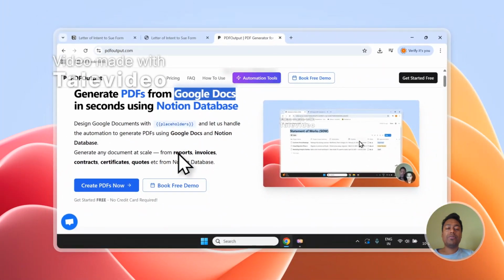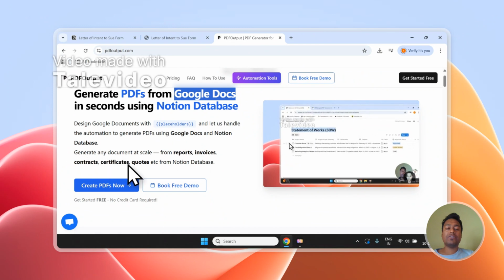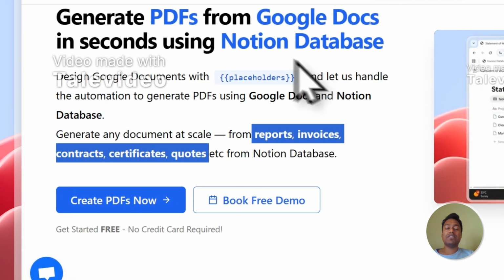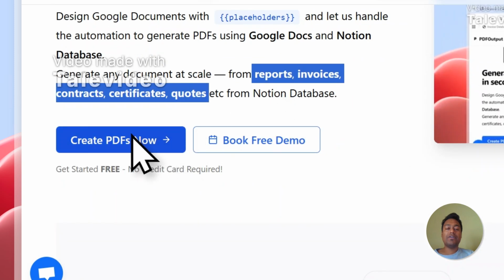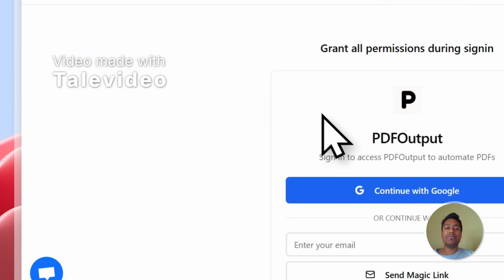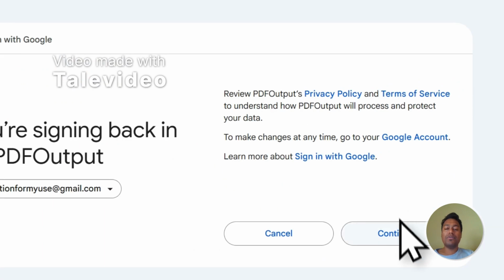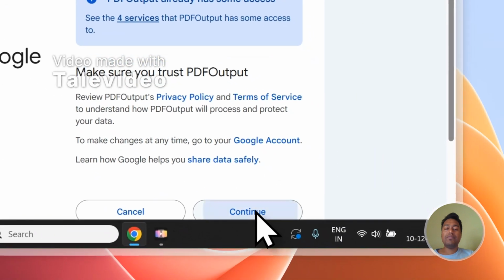We can create any reports, invoices, contracts, certificates, or even quotations that we're looking to generate on an everyday basis in our business with this exact automation system. Click on create PDF and quickly sign in, and then we will see how the automation will work out from there on. So I'm going to quickly log in here, and then we will see the rest of the steps